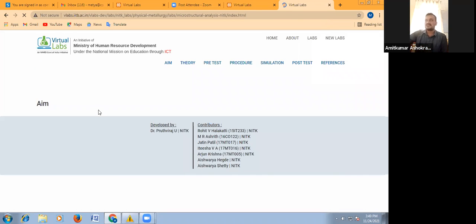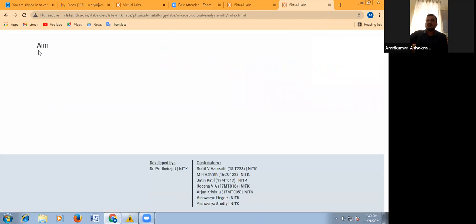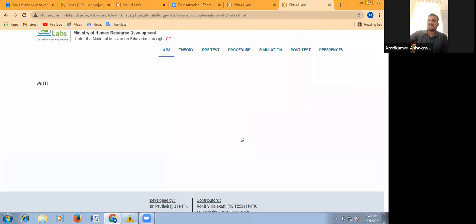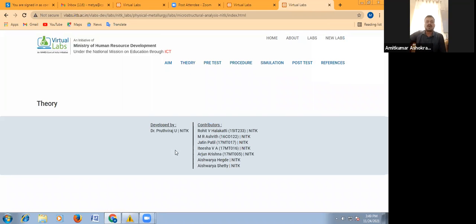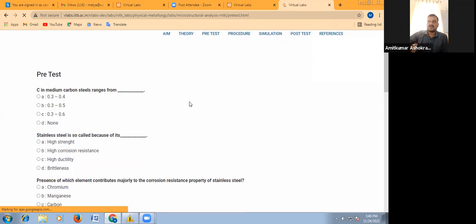Now you will get this tab. Here the aim will be mentioned. I think this site is under some maintenance, but after opening this tab, the aim will be displayed here. Then the theory, whichever theoretical part is there, will be displayed here, and one pre-test will be there, which you have to attempt.